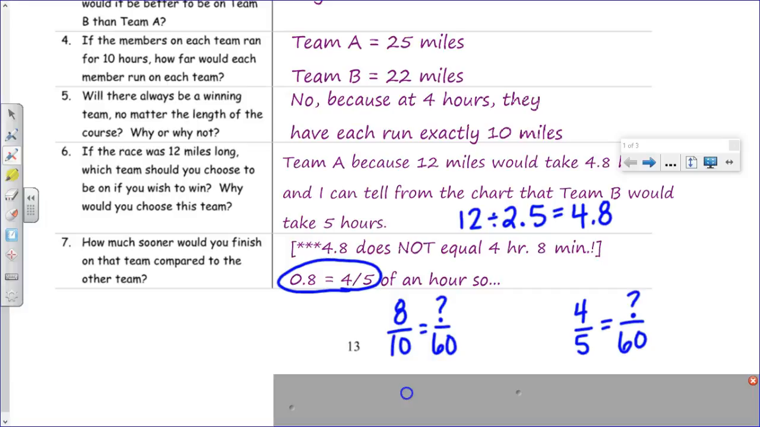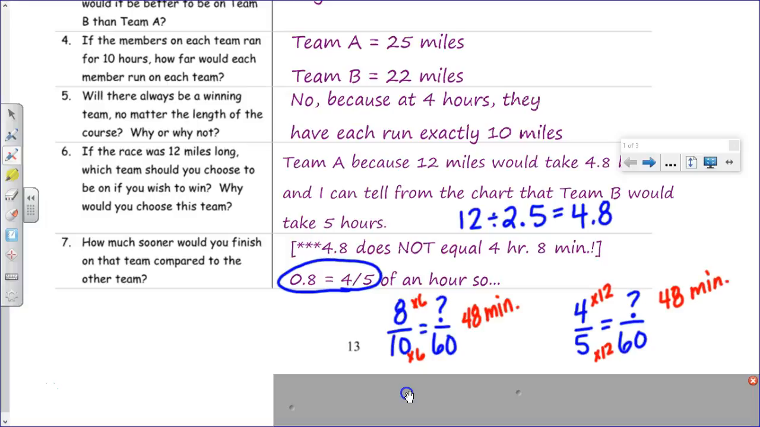Okay, to get from 10 to 60, I times 6. So then I do 8 times 6, and that gives me 48 minutes. Should I get the same thing on the next one? Yes, because 8/10 and 4/5 are the same fraction. It's not that 8/10 is bigger because it's got bigger numbers. It's the same fraction of a whole. So 8 out of 10 is the same as 4 out of 5. So to go from 5 to 60, I would times 12. And 4 times 12, you got it. It's 48